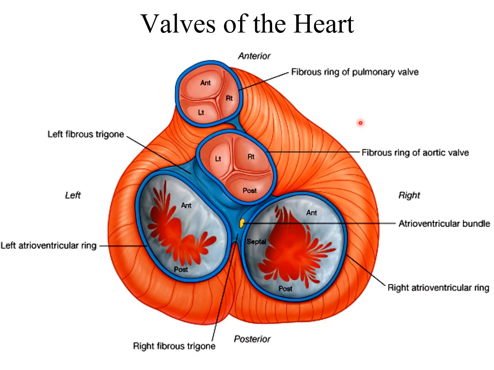So here you can also appreciate the rings for the pulmonary valve, for the aortic valve, for the bicuspid, for the tricuspid. You can also see the position of the cusps of the pulmonary as anterior, left and right, both are posterior. The most anterior valve is pulmonary. Behind pulmonary is aortic, having right and left as anterior and one posterior cusp.